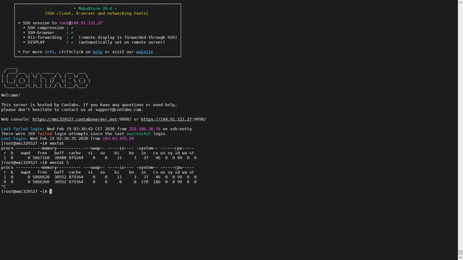Okay. It will not explain what si or so in swap is, or what bi and bo in IO are. It will not explain that. So if you want to understand all of them, there